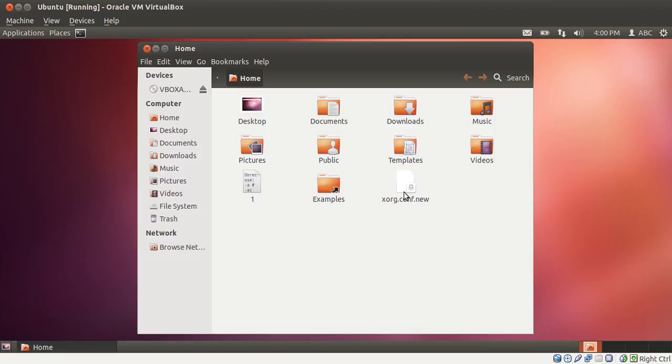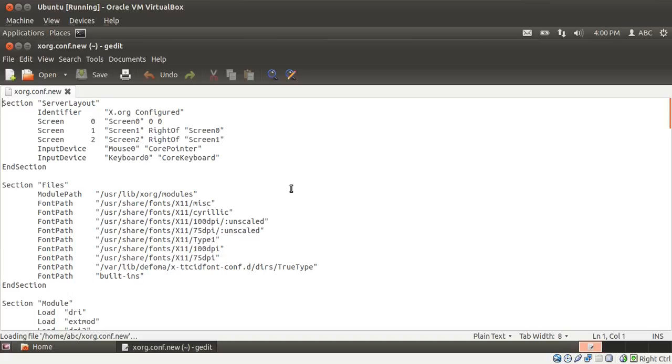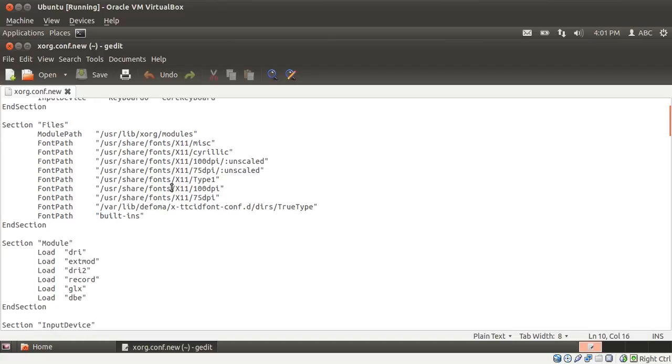If I open up the file, let's just double click it, it has been segmented into different sections. The first one is ServerLayout, which defines the general identifier, which is X.org configured, the server that I booted up in this machine in non-GUI environment. Then it also generated the files to be used for that particular configuration. For example, we can see some library modules, we can see some font paths